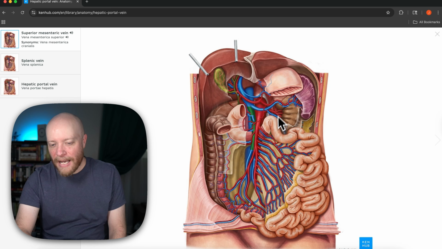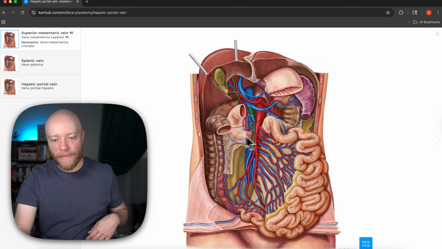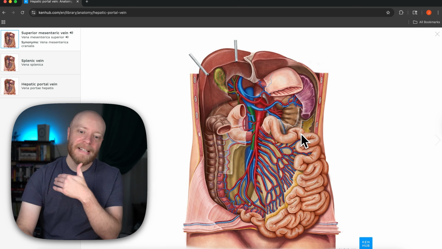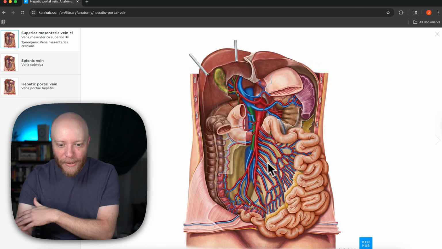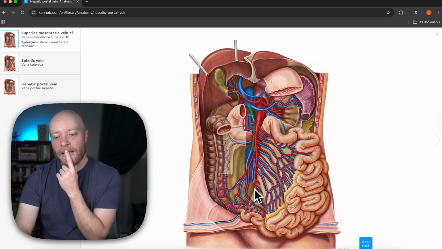The stomach has been cut, as has the spleen a little bit. You can see the small intestine has even been cut right here. This is what's called the duodenum. This is where we're getting into the horizontal and ascending part of it. The transverse colon. We can't see the descending colon because that goes back here. My point is there's a lot that has been cut here, but the thing that is probably catching your eye